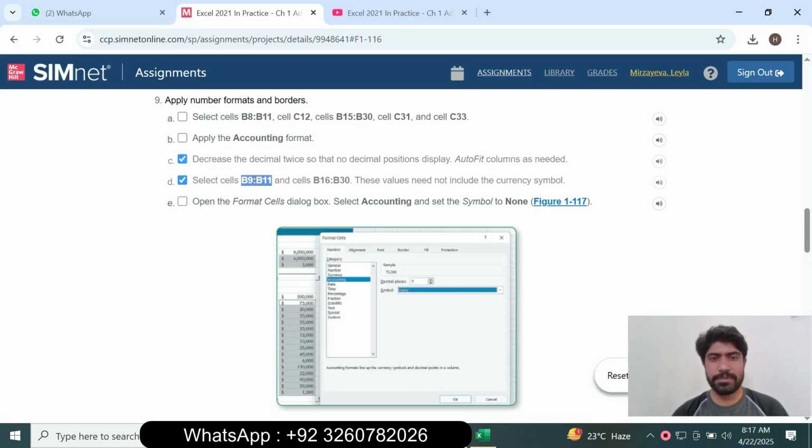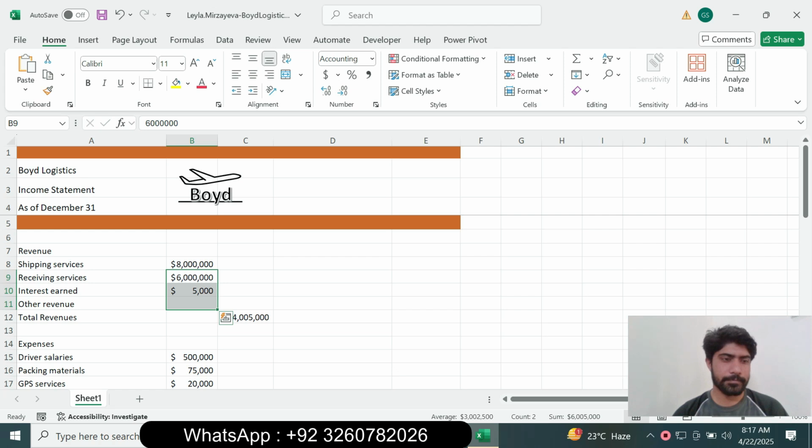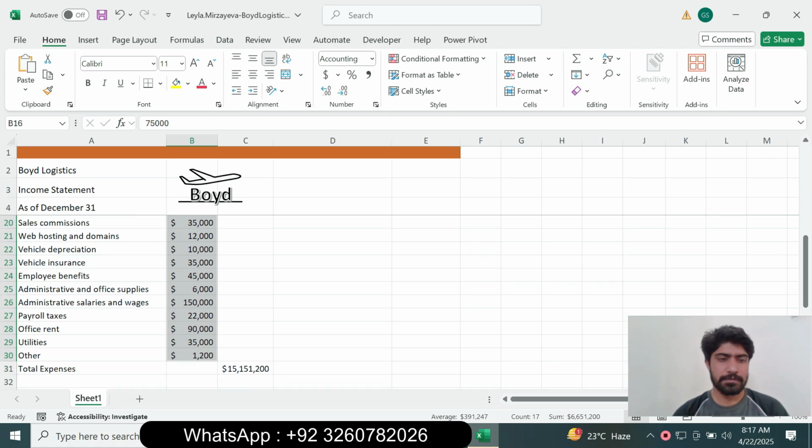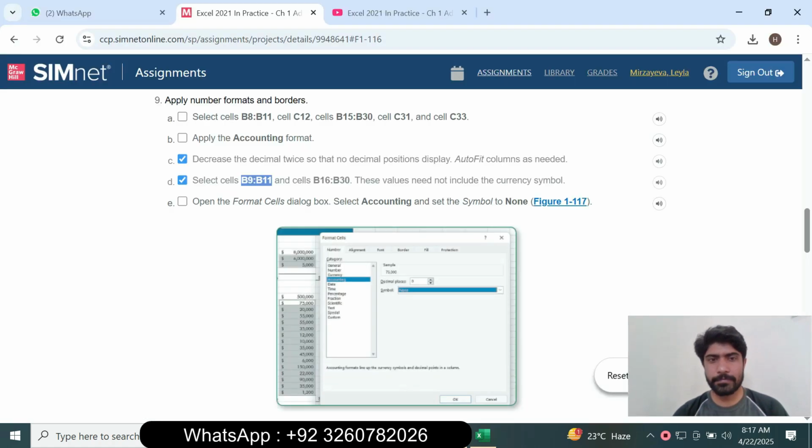Next is B60 to B30. The values do not include the currency symbols.